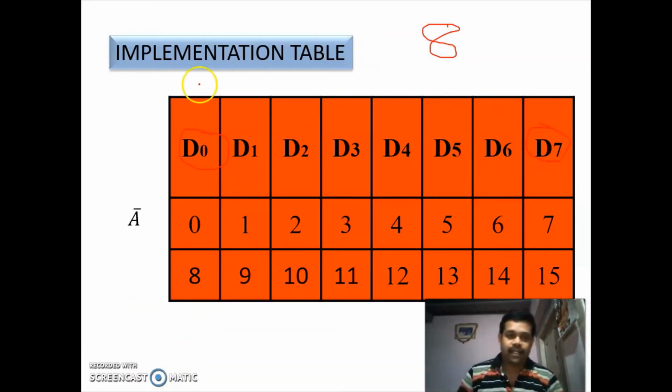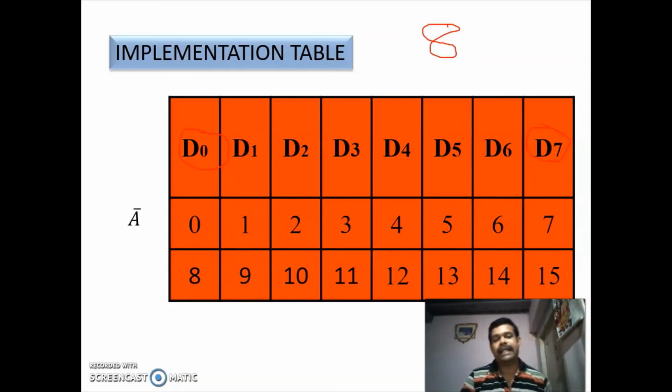The first row of our table has the inputs from D0 to D7. Next we have to write from 0 to 7 in the second row, and in the third row you have to write from 8 to 15.